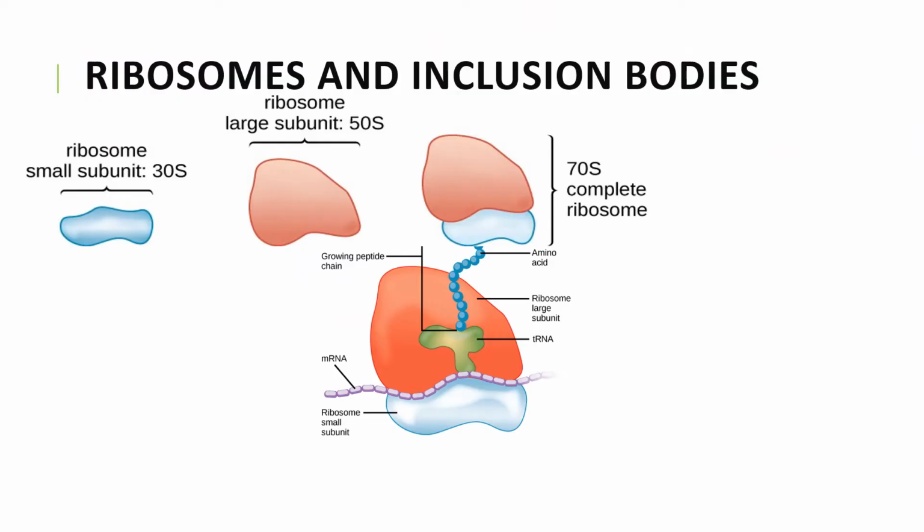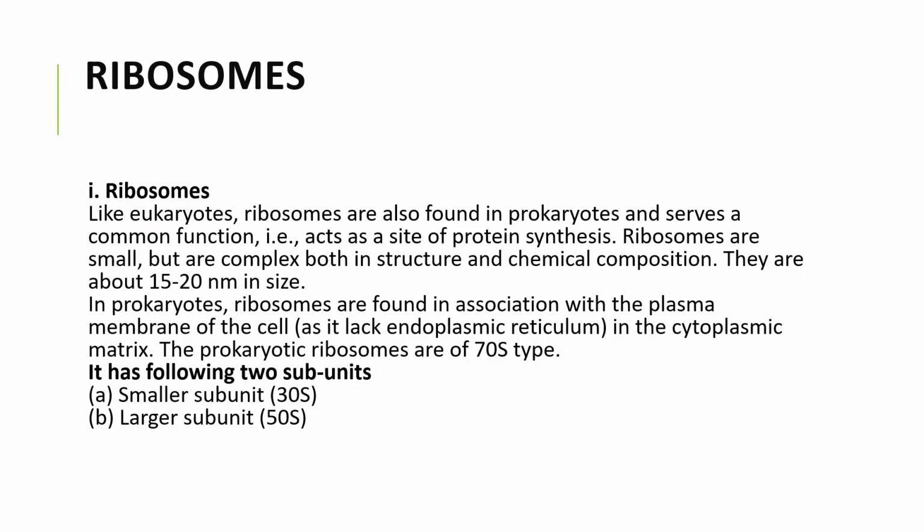Okay. So see here, first of all, just look at this picture. You can see here the ribosome is made up of two subunits. One is a large subunit and the other one is the smaller unit. The blue one is the smaller unit, as you can see in this diagram. And only at the time of protein synthesis, both the units unite. So this happens.